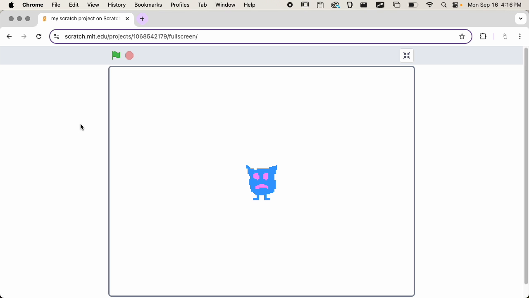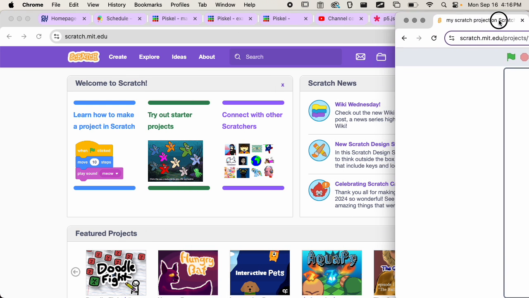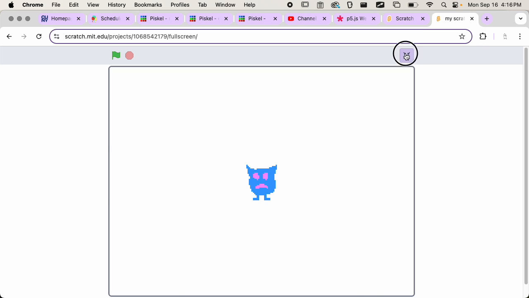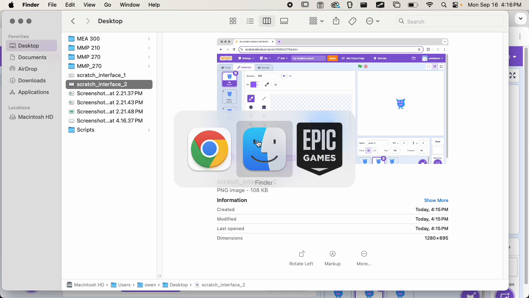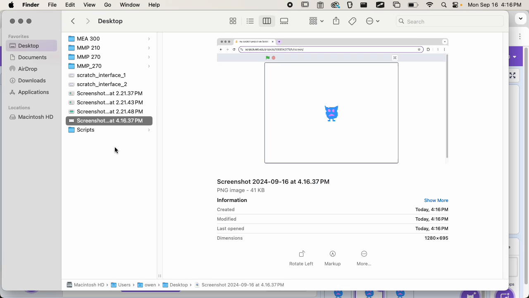So I'm gonna do the same thing, Command Shift 4 and space, and hold Option and click, and we've got our final screenshot. And so now I'm going to dock this Scratch window back in my main window, or my main Chrome thing. And I'll go back to the Finder. Here's my new screenshot. I'm going to rename this. So I'm going to hit enter. I'm going to call this Scratch